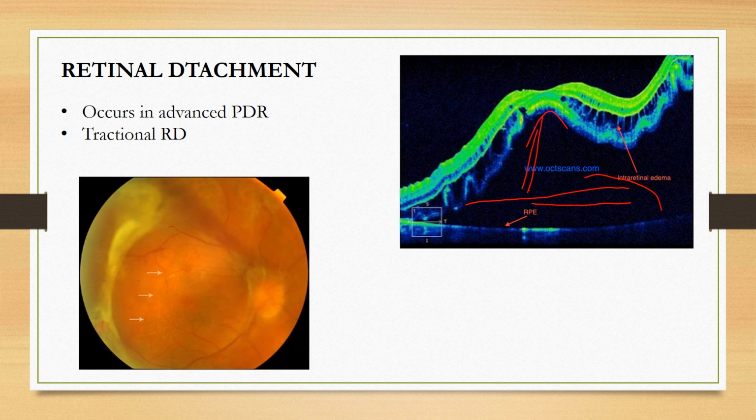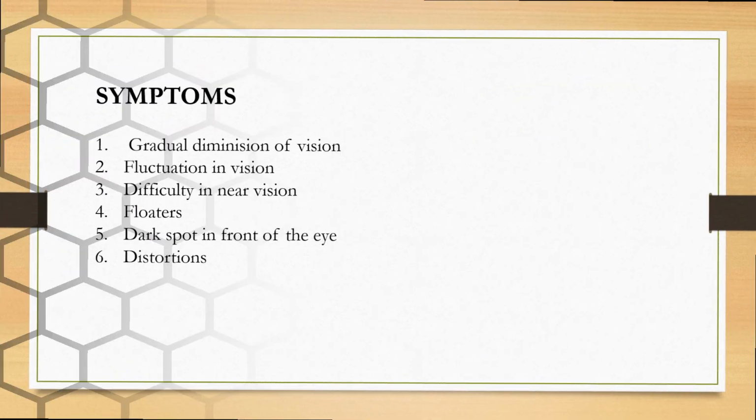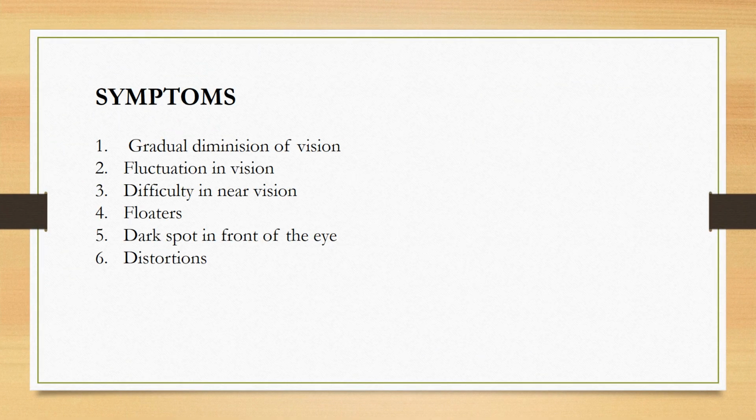Okay, whenever there is bleeding, it is going to occur within the retinal layers. The retinal layers are supposed to be intact, all 10 layers. When there is bleeding within the layers, there will be a separation of the layers and there will be too much blood inside. So once the retina is getting detached, the patient might come up with vision problems.